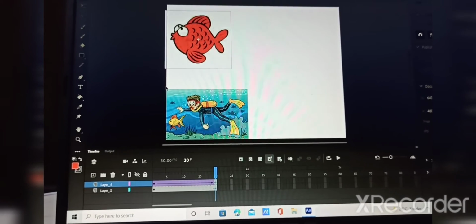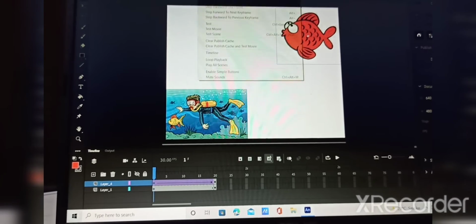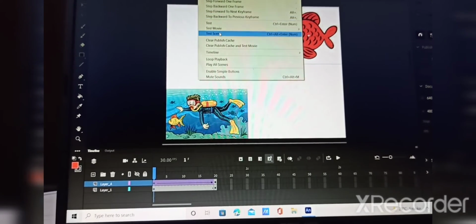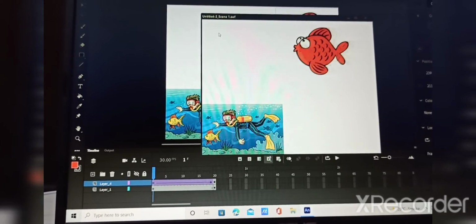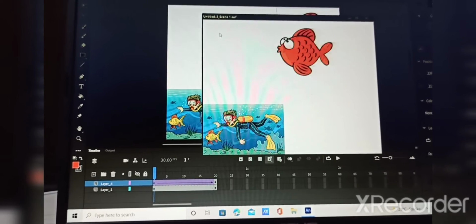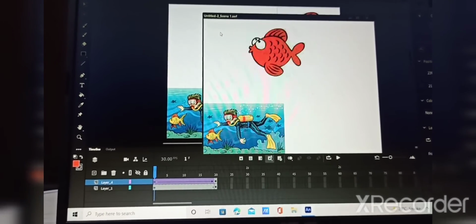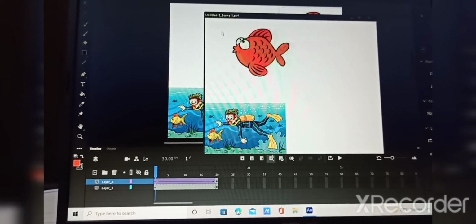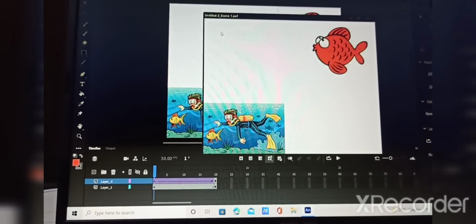If you want to see, you can also go to Control and test the scene. You can see how the fish is moving. So like this our tween will work, and our classic tween gives you a classic tween effect.